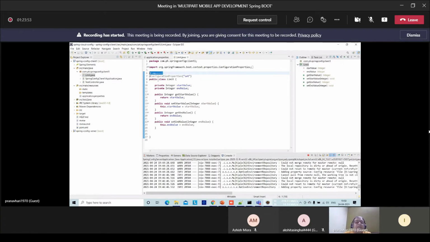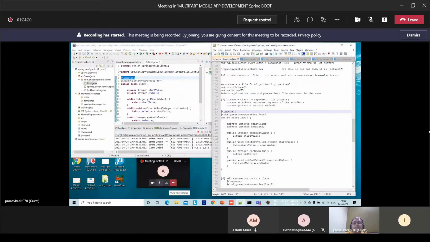It says that Spring will automatically create an object of limit and keep it with us. So it must be qualified with the component annotation. This is the second step we have to do.